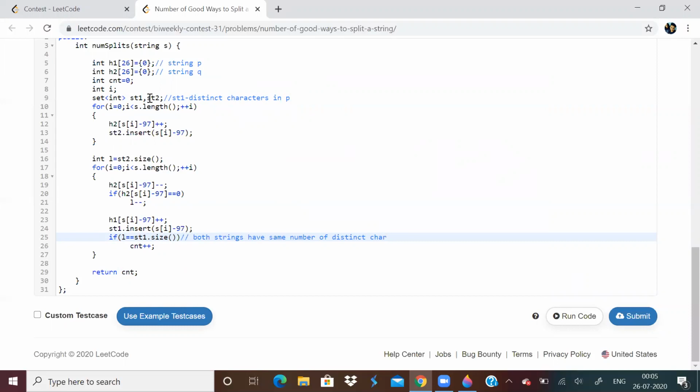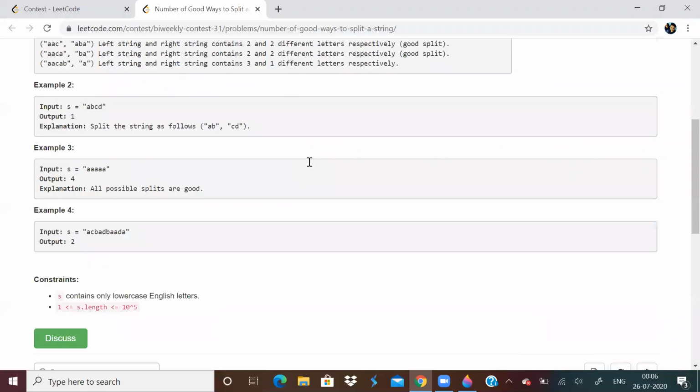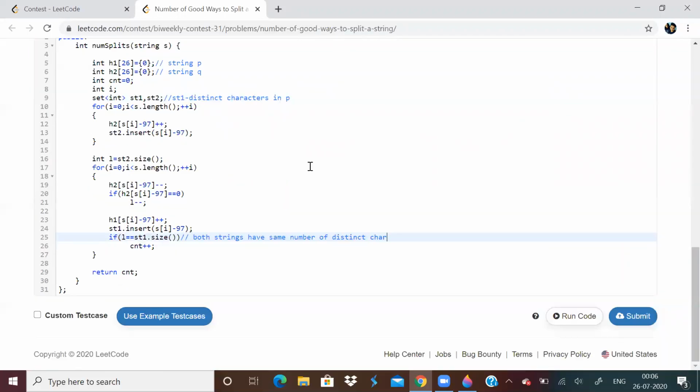That is the reason I'm using a set, right? I want to find how many distinct characters are there. So this is a very simple problem. It just involves the concept of hashing, and you can do this in O of n time. Complexity is O of n.